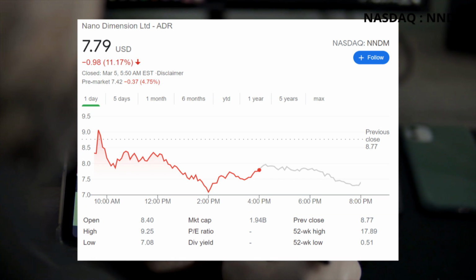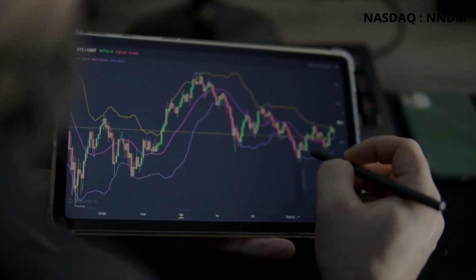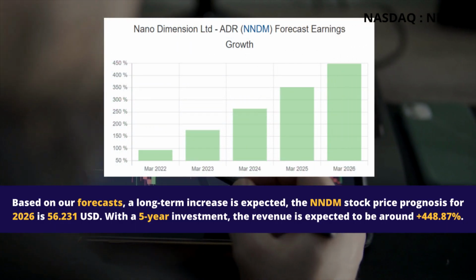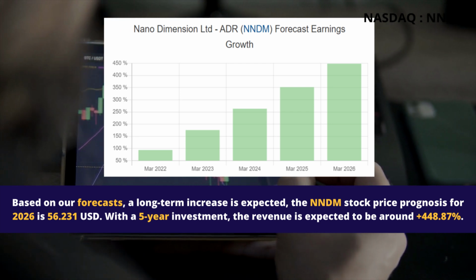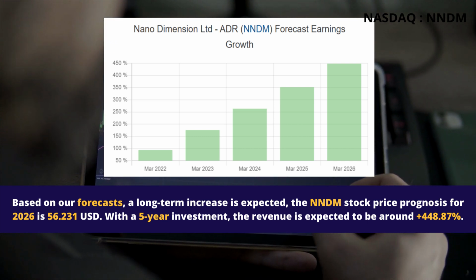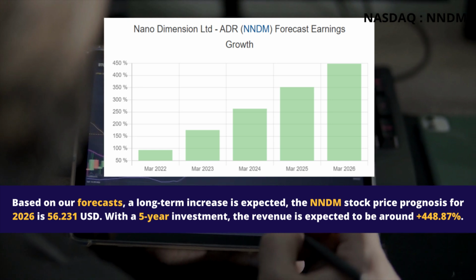Now let's move on to explaining a few things that we find to be a good catalyst in the upcoming future for NNDM. Based on our forecast, a long-term increase is expected. The NNDM stock price prognosis for 2026 is $56.231. With a 5-year investment, the revenue is expected to be around plus